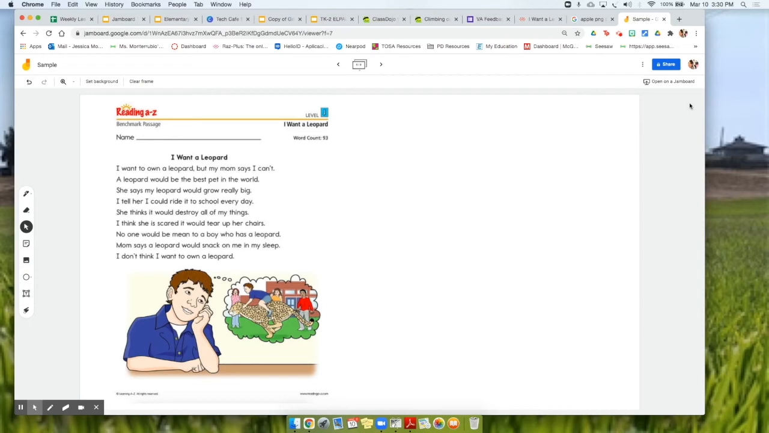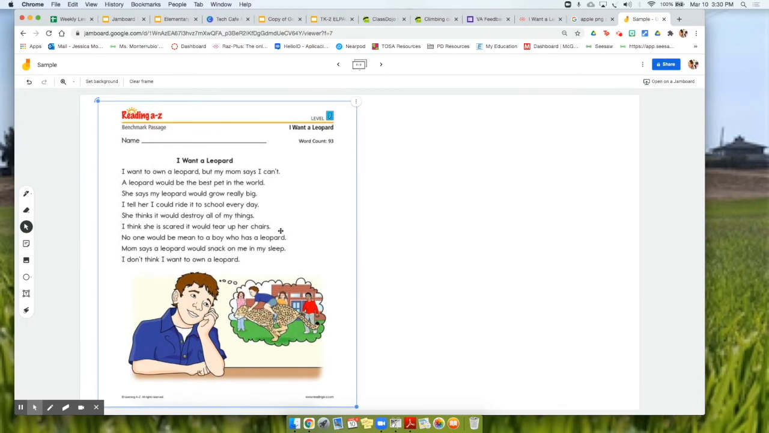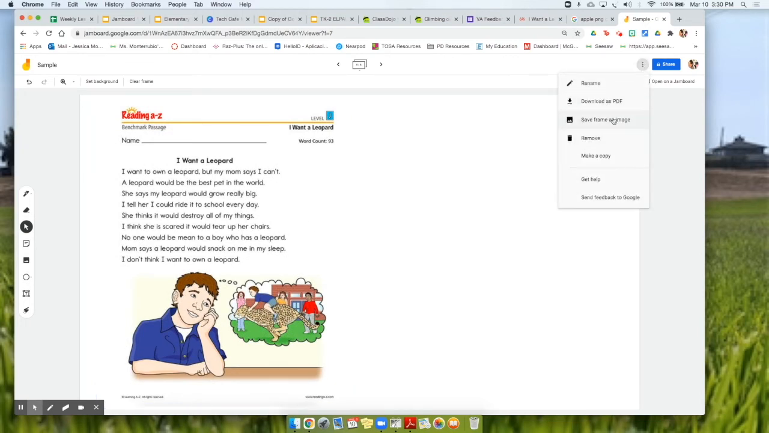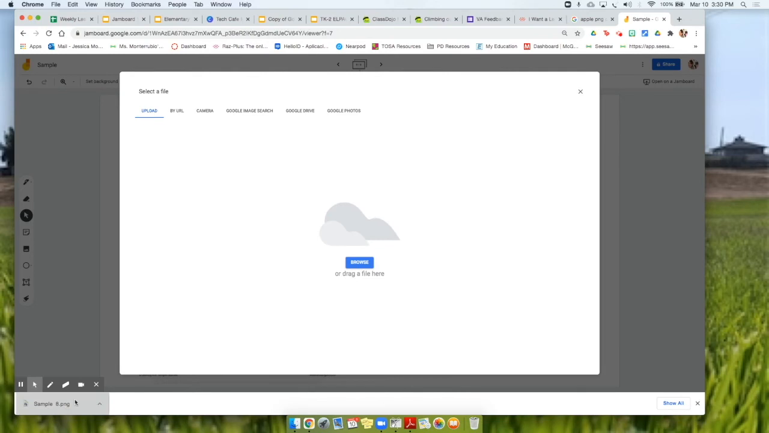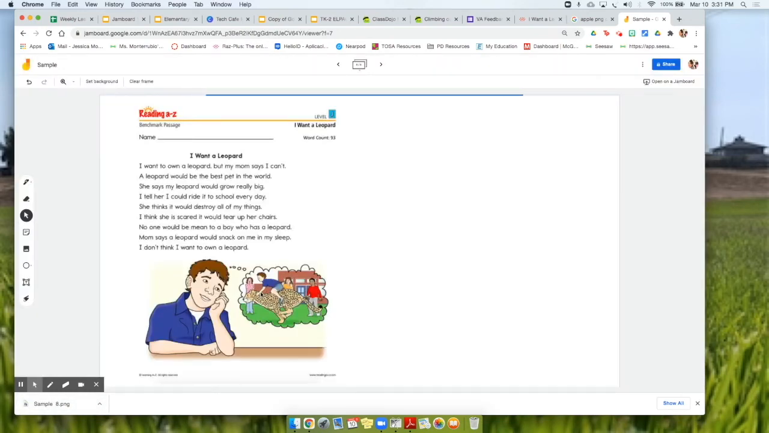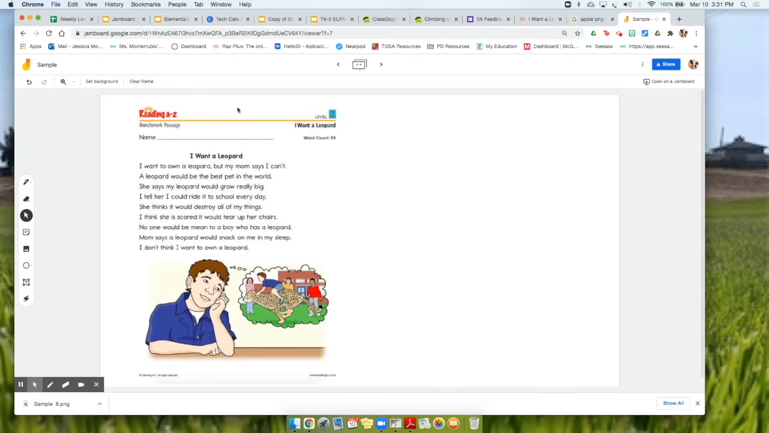Or do some highlighting, but I don't want them to be able to move this or erase it. You can again set it, save frame as image, and then set as background. And now you have your background. Okay, you have to clear the frame. Now this is set as background. You can add their stickies, you can add a text box. Okay, now you have your